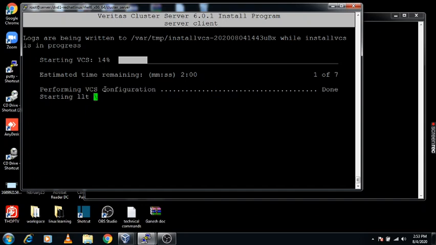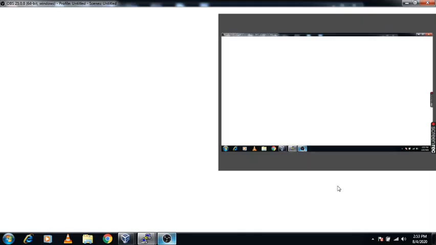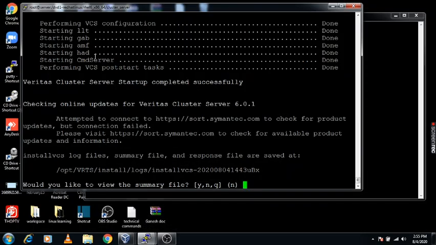That means it will send heartbeats to the client server. It is detecting whether this link is connected or not, and it is always sending its heartbeat in milliseconds. Now this installation is successfully completed.